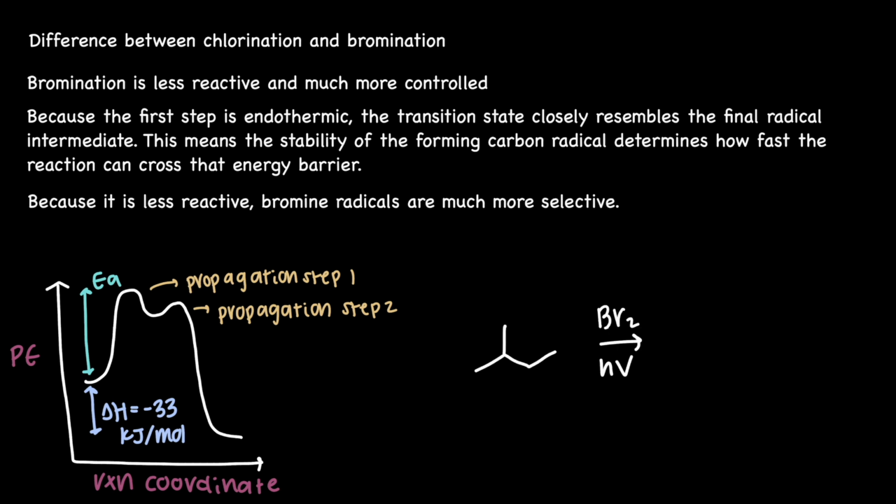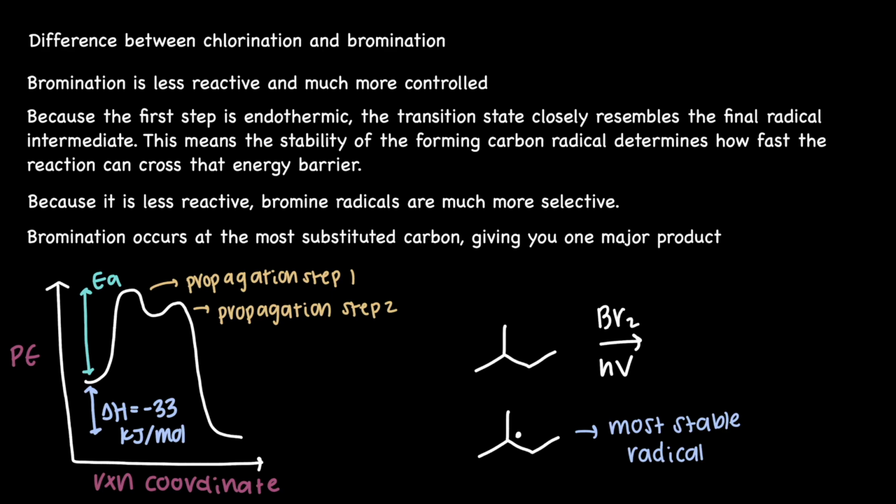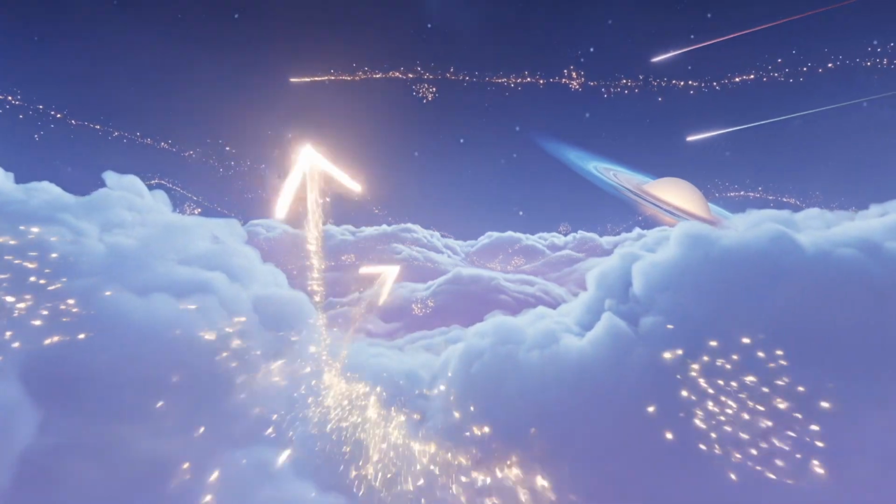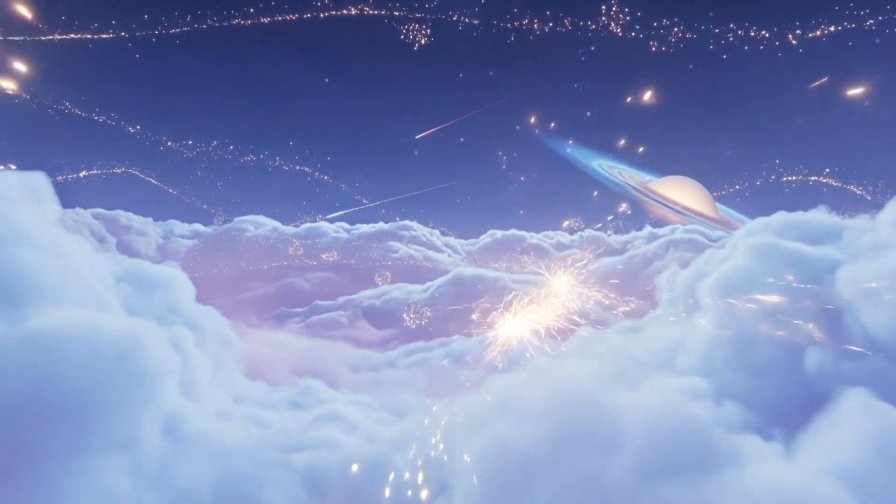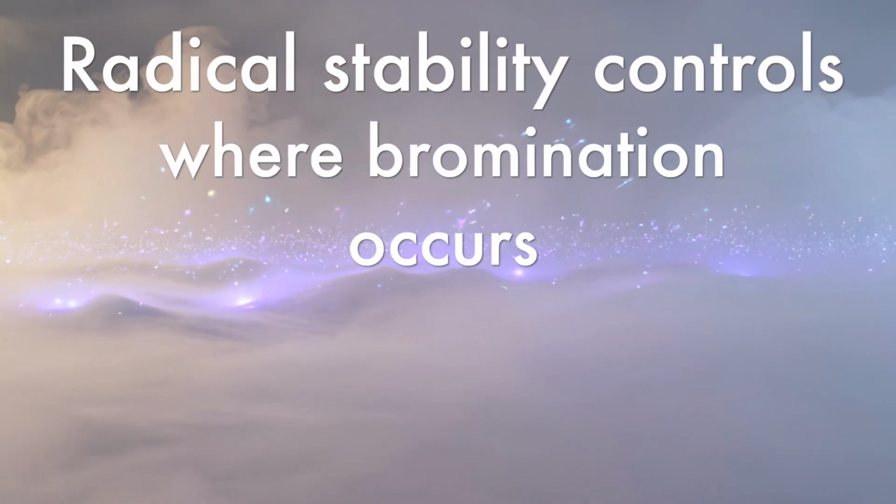Because it is less reactive, bromine radicals are much more selective. They strongly prefer forming the most stable radical possible. This usually means bromination occurs almost exclusively at the most substituted carbon, giving you one major product instead of a messy mixture. Before we start predicting bromination products, we need to talk about radical stability, because that's really what controls